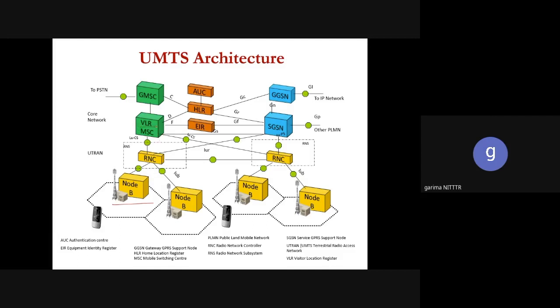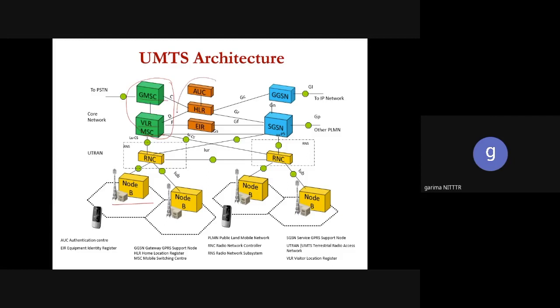and that core network has the VLR, the mobile switching center. This is the visitor location register. This is the mobile switching center, which is ultimately connected to the gateway mobile switching center. So this part is basically similar to the 2G architecture, because the visitor location register, mobile switching center and gateway mobile switching center are considered to be part of the GSM architecture also. So similar was considered in UMTS itself.